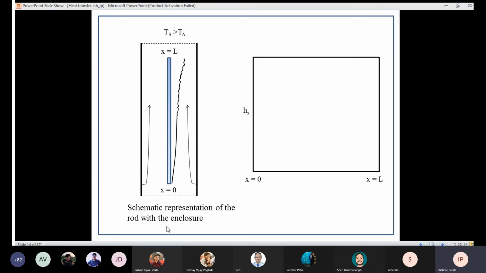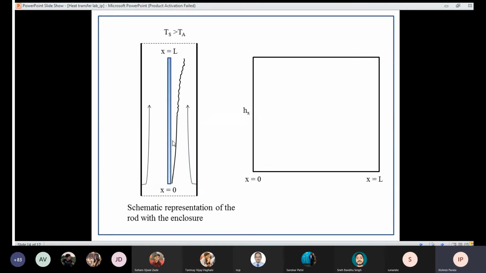Consider the flow of air at a temperature of Ta over this surface at a temperature Ts. The fluid particles in the layer adjacent to the surface will reach thermal equilibrium with the surface and assume the surface temperature Ts. These fluid particles then exchange energy with the next fluid particles, and so on. So a temperature profile develops in the flow field that ranges from Ts at the surface to Ta sufficiently far from the surface. Your thermal boundary layer essentially shows the temperature variation in the direction normal to the surface.